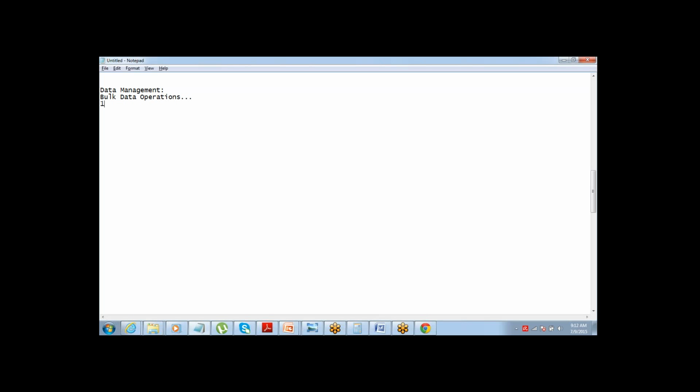First is, create a CSV. Let this be the second step. Put all your data in an Excel spreadsheet.